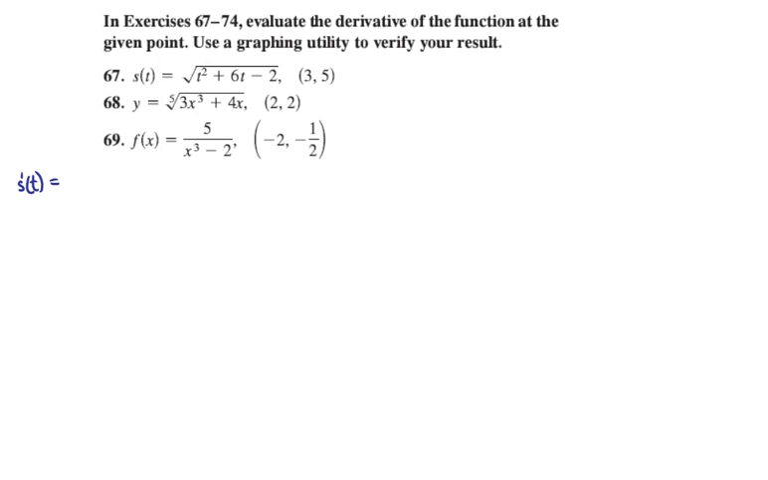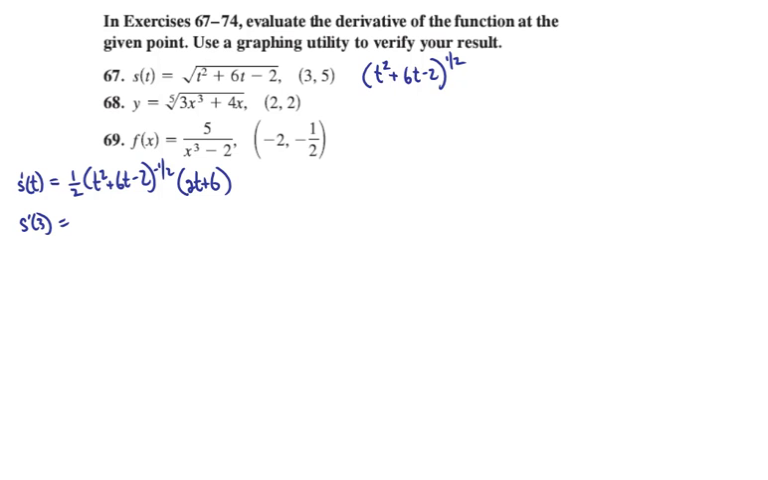For number 67, s prime of t, assuming that we rewrote s of t as t squared plus 6t minus 2 to the 1/2, the derivative will be 1/2 times t squared plus 6t minus 2 to the negative 1/2, then times the derivative of the inside, which would be 2t plus 6. And we simply want to evaluate this at the point where t is equal to 3. So without doing any more